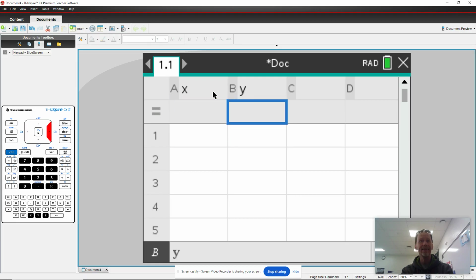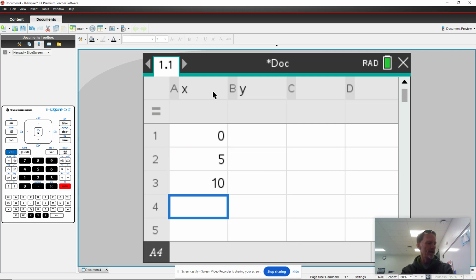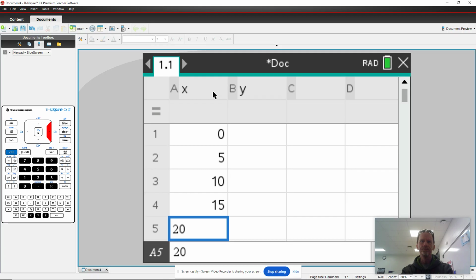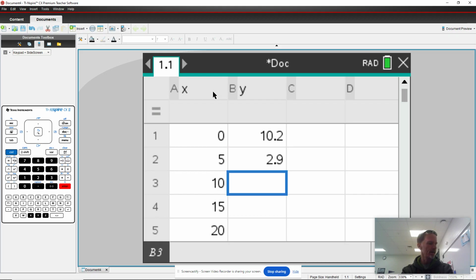Don't put anything in these spots at all. On the line with the equal sign there, do not put anything there. And then as you get down to the main body of the spreadsheet, type in your data. And again, if you need to go back to the beginning, I had that data table on there. I'm going to type that in now. So my X values are 0, 5, 10, 15, and 20. And then my Y values are 10.2, 2.9, 8.2, 16.1, and